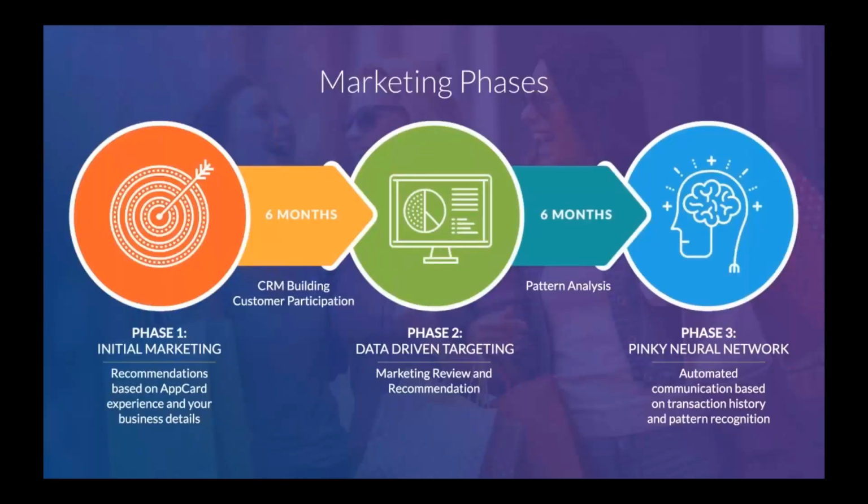There are going to be 3 distinct phases of marketing during your first 12 months with us. Each phase will be progressively more targeted as additional data capture occurs through the AppCard Retail Pro system. Each phase will be focused on engaging shoppers with email and SMS marketing to create new data points on how shoppers respond to different types of targeted marketing as well as promotional incentives. The time period between the phases will have additional system building goals.